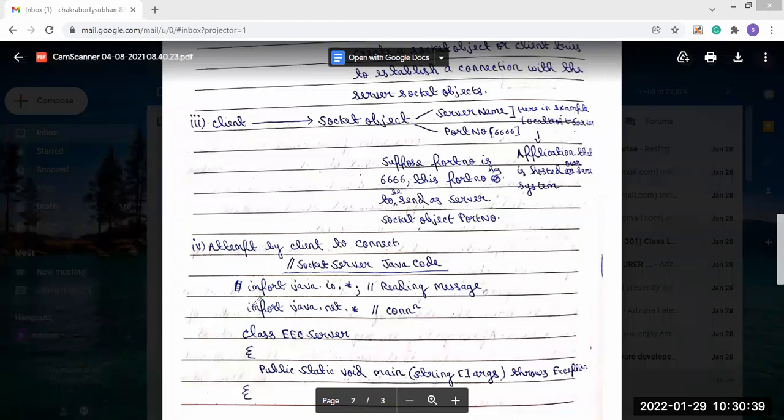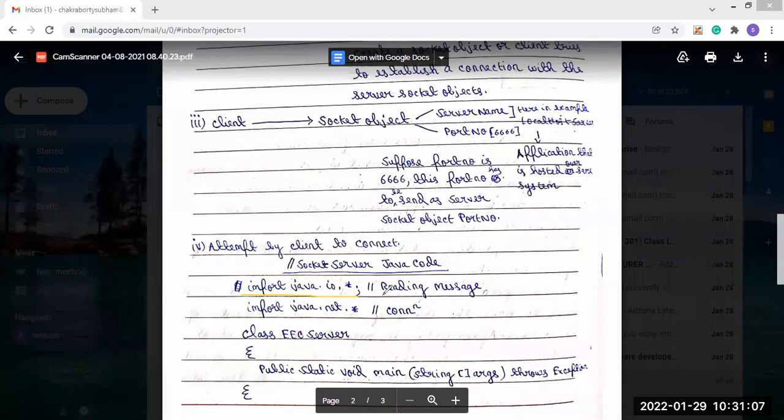Now you see, first, this is the package we have used: import java.io.*. We have already used this package in the URL connection class. Everyone knows that, because all the classes present inside this java.io package are used for reading a message.